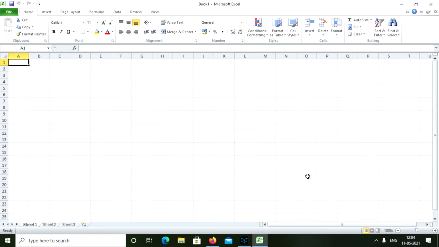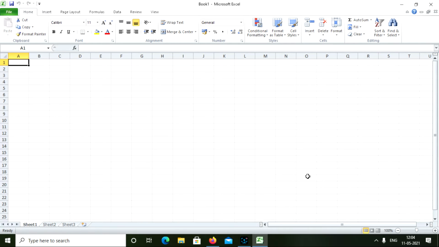Hello students, in our last class we have learned what is a formula, how can we create a formula in Excel, how can we create a basic formula, how can we use a compound formula, how can we concatenate or join text, what is a cell range, what is a named cell range, and how to use these things in Excel.